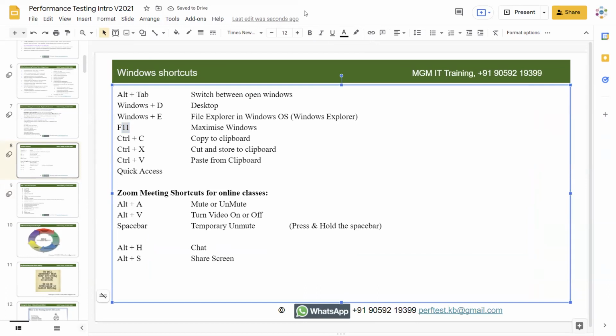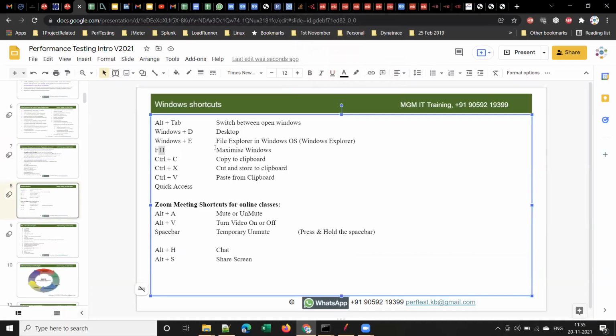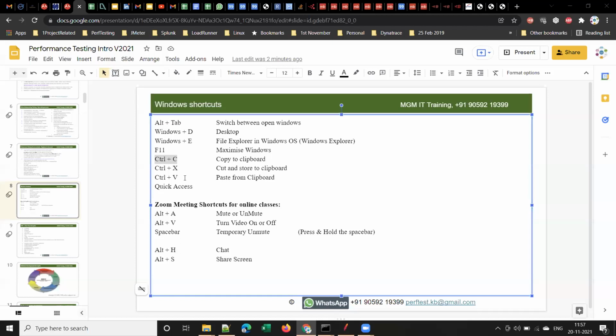A few of you can unmute yourselves. Now F11 is for maximizing windows, and Control C, Control X, Control V, most of you may already know.